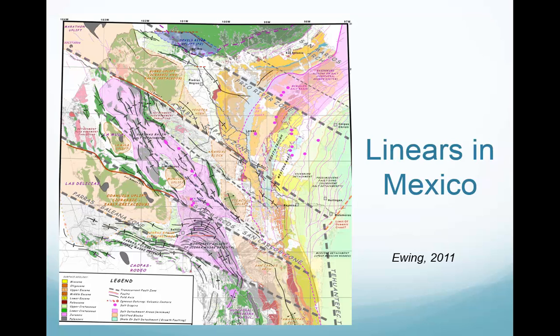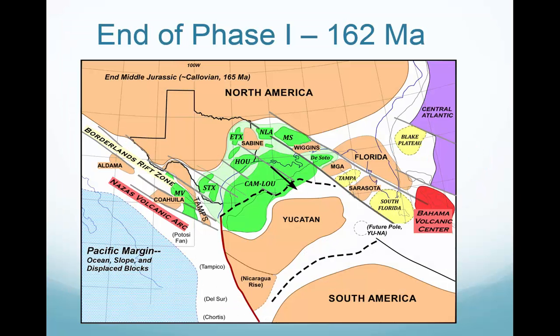They're all very nicely defined because they get reactivated in the Laramide, and so you see them in the surface geology actually in that area. By the end of phase 1 then, we've been extending the continental crust northwest-southeast through this whole area to the point where many parts, particularly the darker green areas, probably have much less than half the original thickness of crust. So we're down from 40 kilometers, we're down to less than 20, in many areas probably less than 5